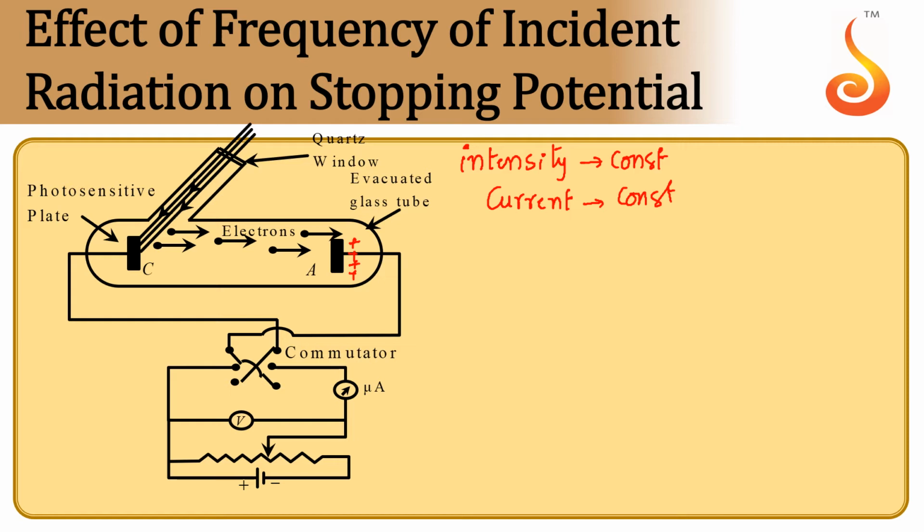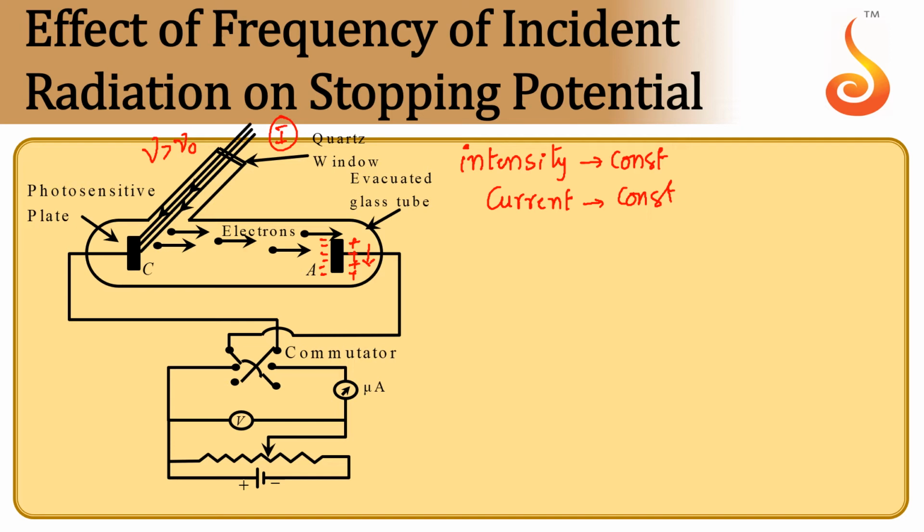But when the anode plate reduces its positivity and becomes zero, and furthermore if we increase the negative value of the anode, what happens? The system reaches the stopping potential, the point at which there will be no current in the circuit. So when the anode plate value is increased negatively to the stopping potential, the photoelectric current in the circuit will become zero. This is for a frequency of light whose value is greater than the threshold frequency, and by keeping